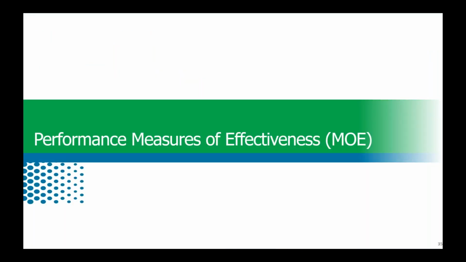Okay. So that gets us through the methodology letter. So that's submitted, that's approved. Now we can actually start beginning the PTAR itself, the meat of the PTAR, the actual report. And what you'll see here is the first step is the performance measures of effectiveness. I'm just going to call them MOEs for the rest of the presentation. And what you'll also realize is that these sections in the report follow the order in which they are suggested to be followed in the PTAR process. So that first step was the methodology letter. The next step is to define your performance measures for the project.